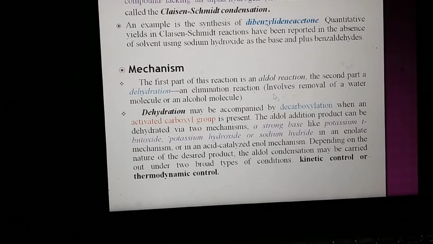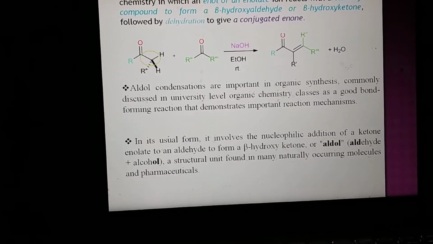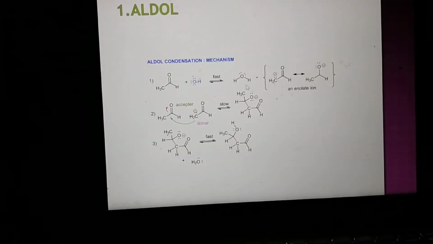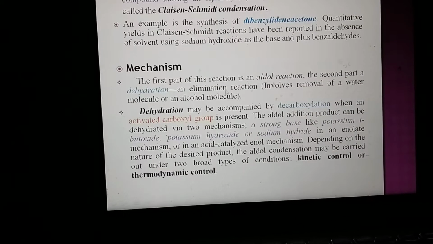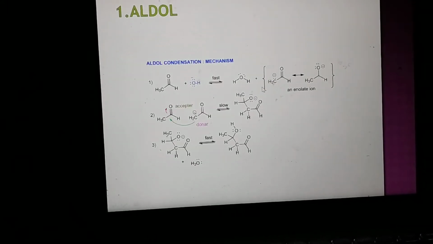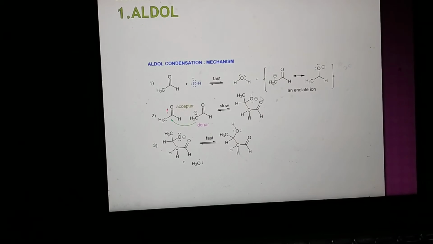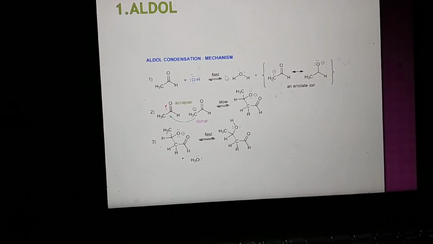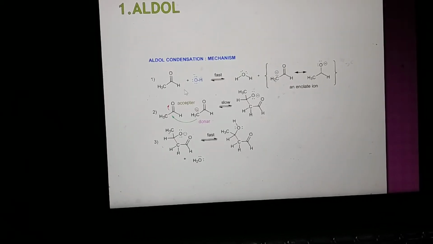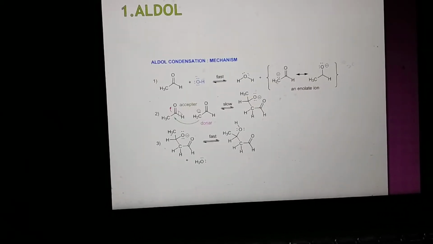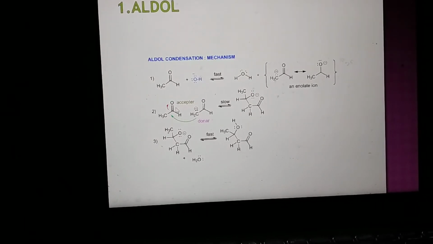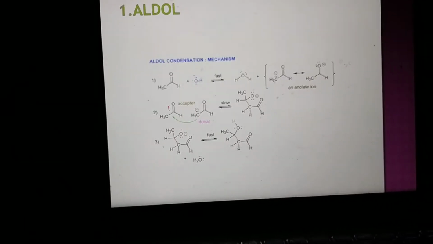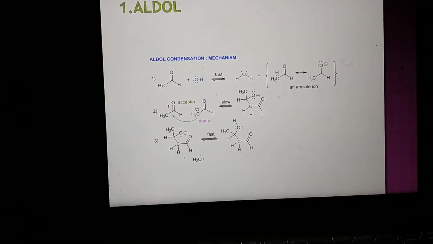I think you will understand what I want to say. This is the main reaction, and this is the mechanism of this reaction. Understanding of the mechanism is very important because the starting material will be changed in competitive exams. You will consider that one species has the alpha hydrogen, and the other is the ketone. One starting material furnishes the nucleophile, while the other acts as the electrophile. So the change in starting material can deviate you.